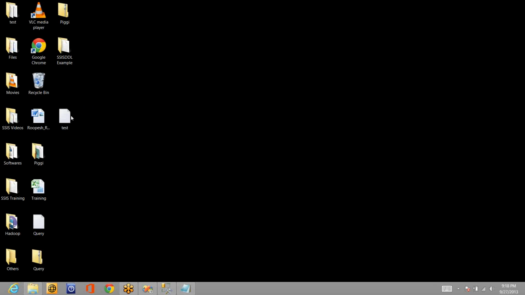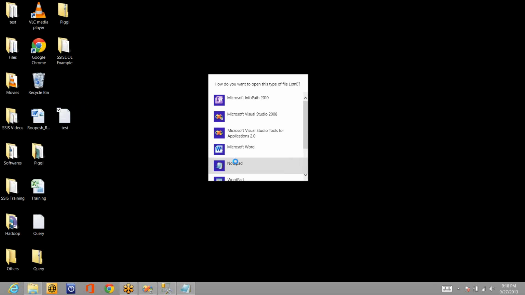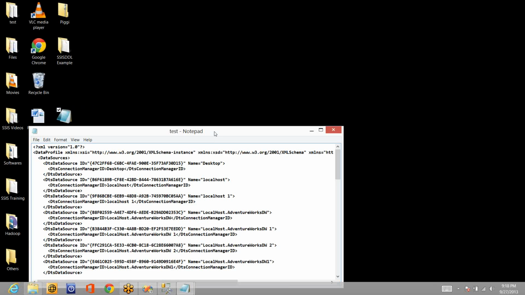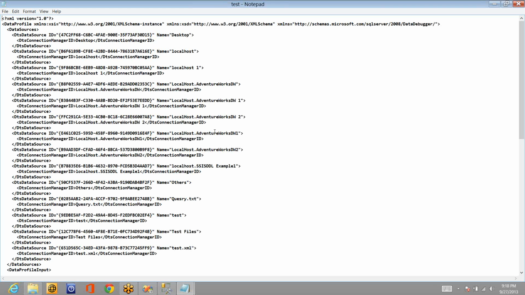Where is that file? I think this is the file, test.xml. Let me open it with Notepad. Yes, this is the file, and you can see it has created a profile, but you can't understand what it means, what it is trying to tell. If you want to understand it properly,